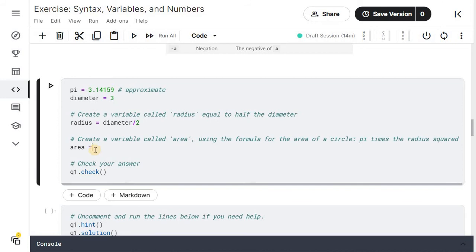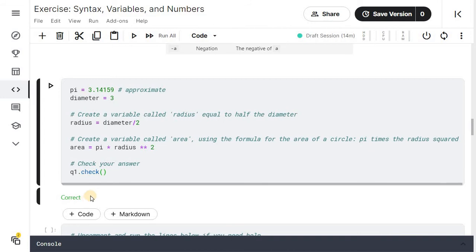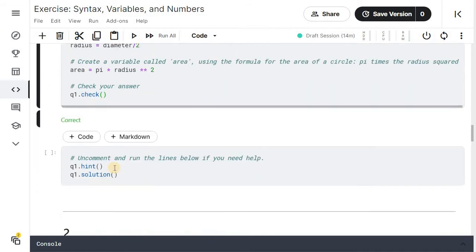We are initializing it to pi times radius square. Here you will use exponential operator. Square means you have to take 2 as a power. q1.check will check our answer. Click on the cell and run the cell. Our solution is correct, printed on the user screen.